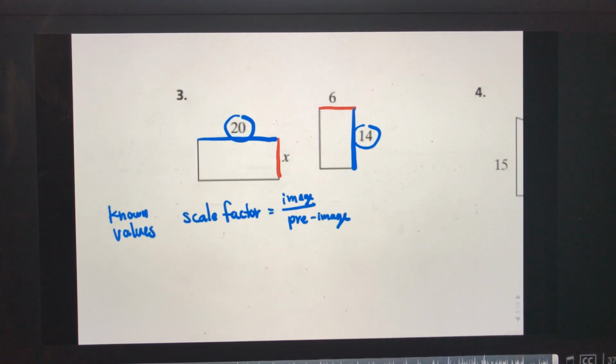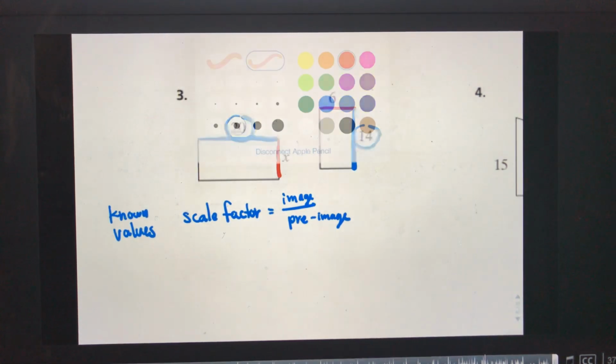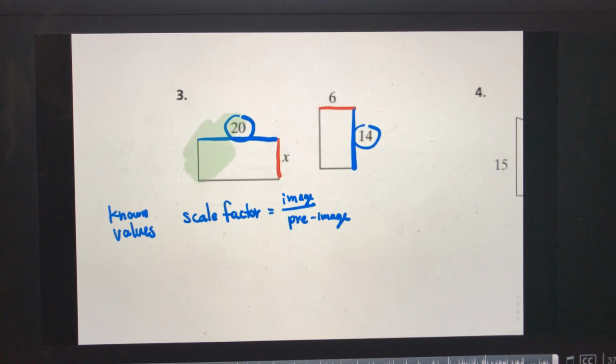Okay. Now, we are trying to figure out, let's do this in different colors. We're trying to figure out this one. This is our unknown. So we are going this way. We are going to go in this direction. Okay. Because we don't know what that x is. So we're going to go to that x and figure it out. Okay? So what that means is